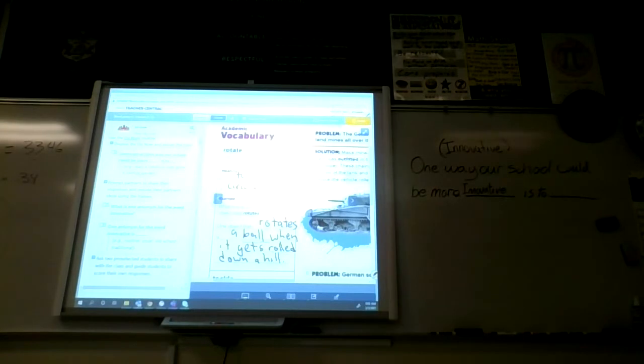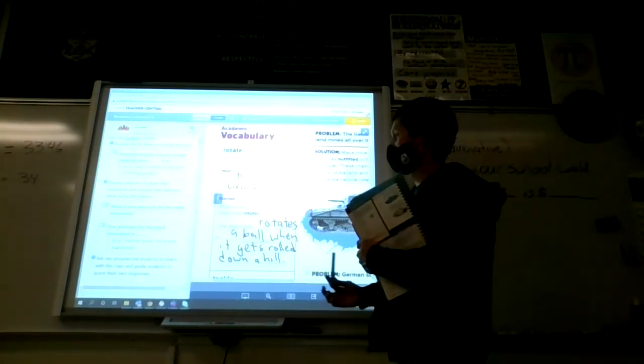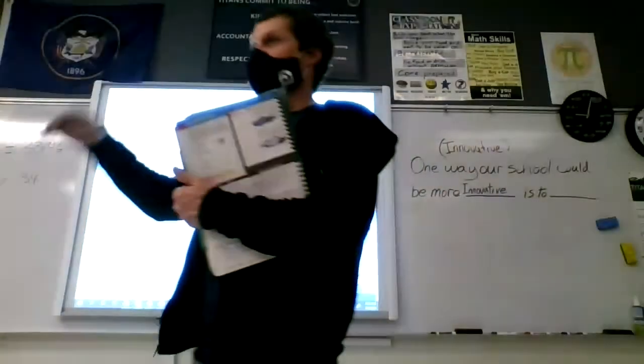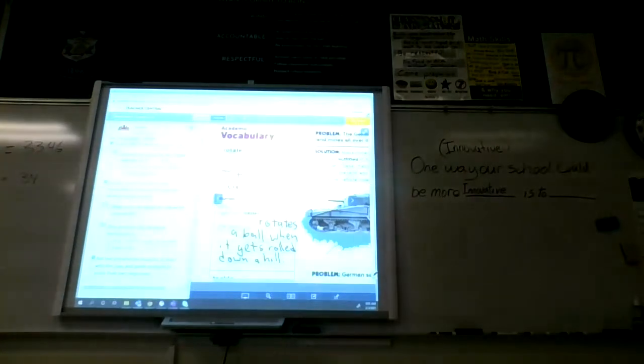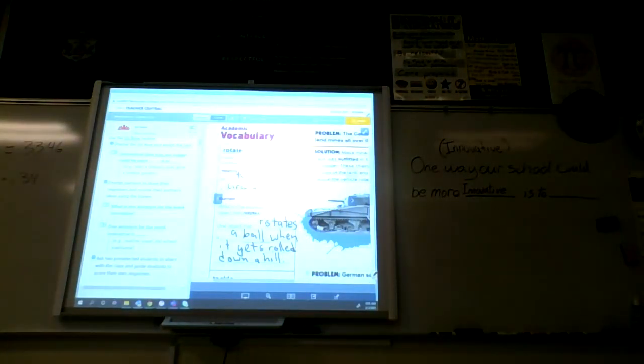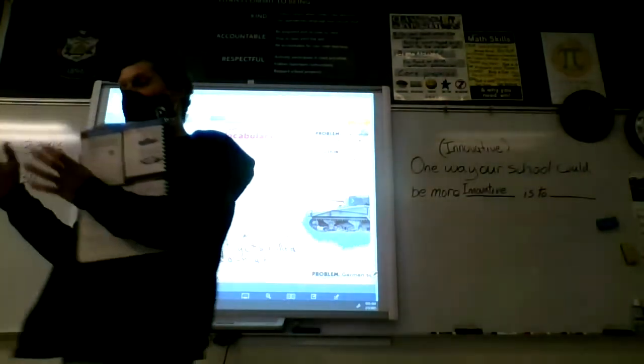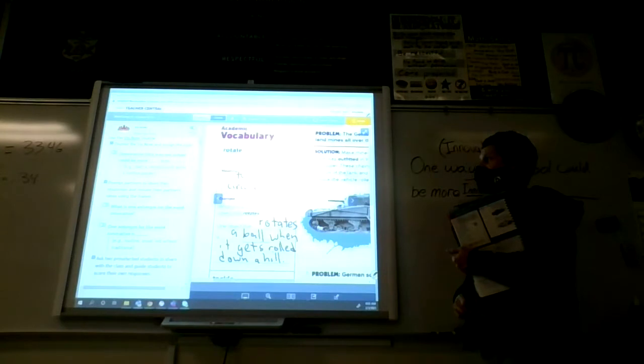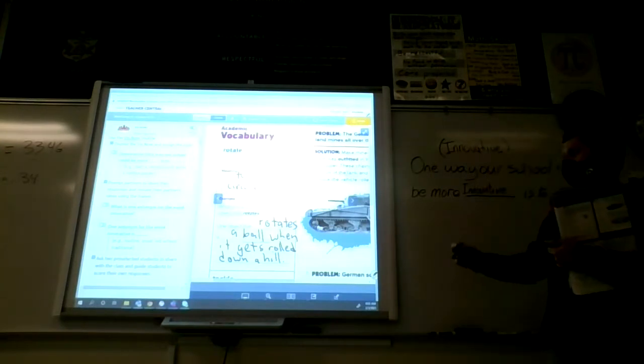And then last one, Braden, share with us what you wrote, please. One object that rotates is a dryer. Okay, so a dryer is definitely an object that rotates because to dry your clothes, it has to spin them around. It puts hot air in there. It spins them around so they drop around and the air moves around in there so they can get dry quicker than just hanging them up. Okay, really great job, Braden. Thanks a ton for sharing that with us.